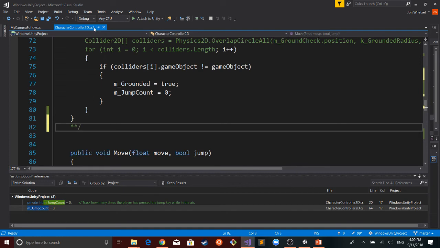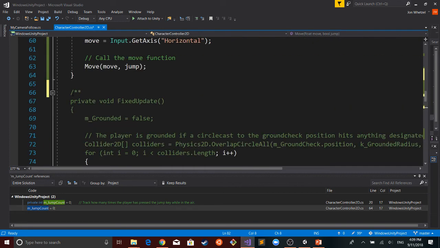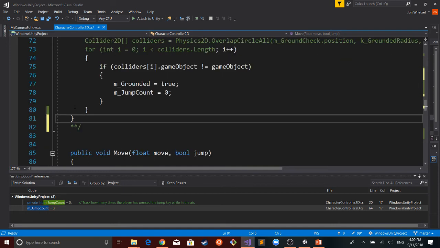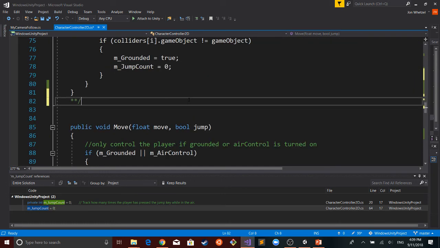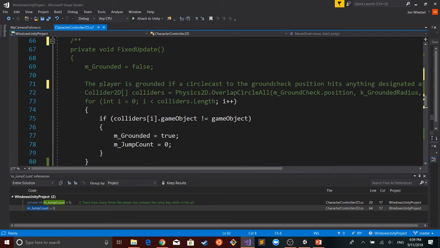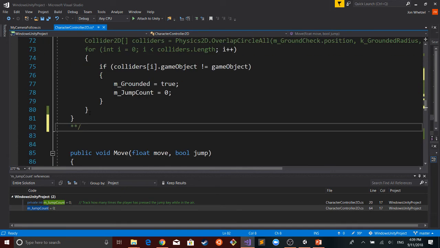Using this slash asterisk lets me block out lines of code, because I have single line comments in there, so it's going to prevent it from commenting the whole thing out.